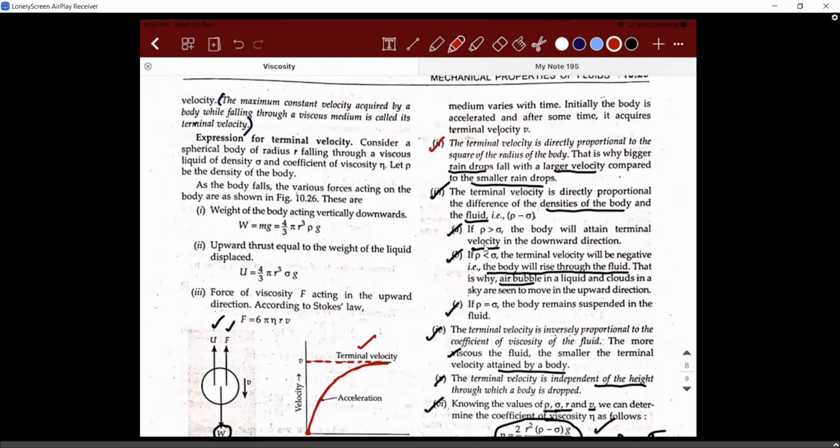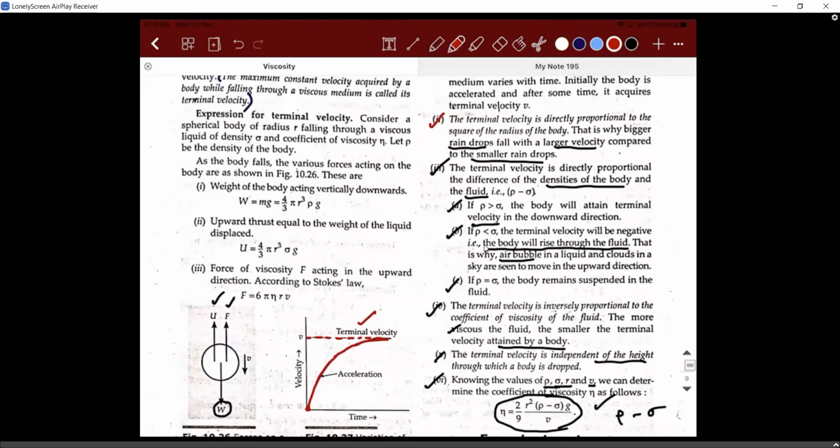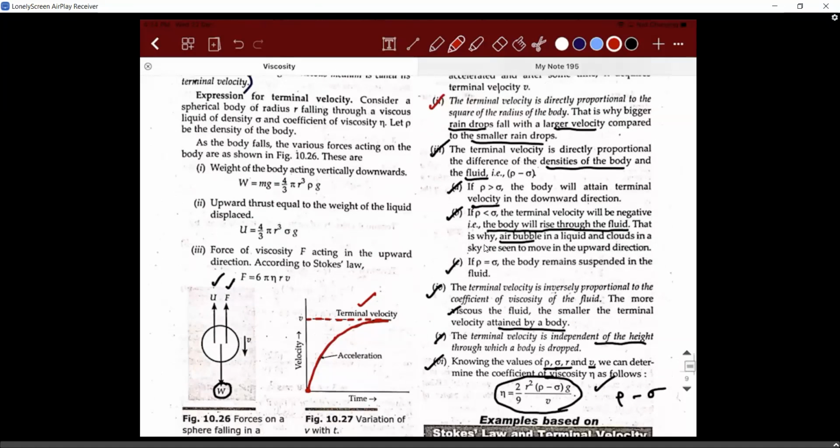So that is why they are taking an example. If you take bigger raindrops, they fall with larger velocity compared to the smaller raindrops. So they'll have greater terminal velocity. That's what it says. Secondly, the terminal velocity is directly proportional to what? The difference in the density of the solid and the liquid, rho minus sigma. Right? So if sigma is greater than rho, what is the meaning of it? Sigma is greater than rho means the solid is more dense compared to the